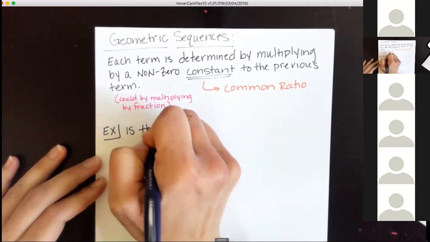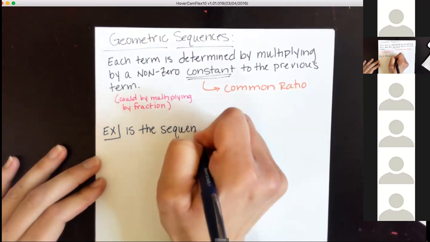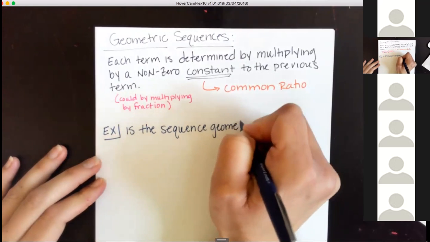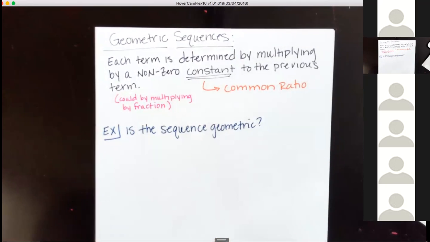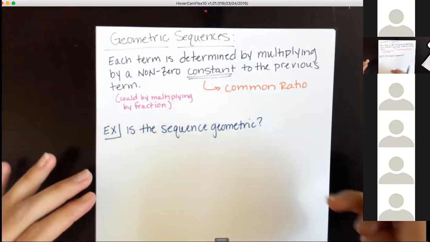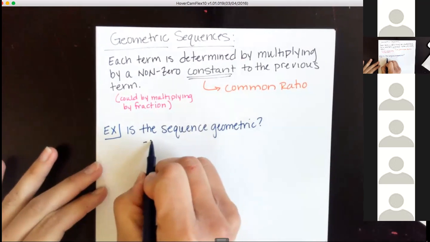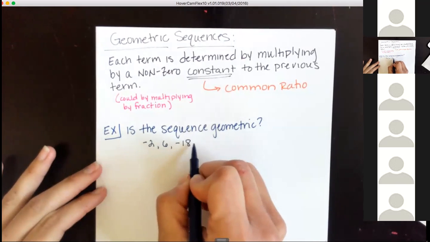Is the sequence geometric? So again, you're going to be asked just to look at a set of numbers, and we're going to check, is it a geometric sequence? So we have -2, 6, -18,